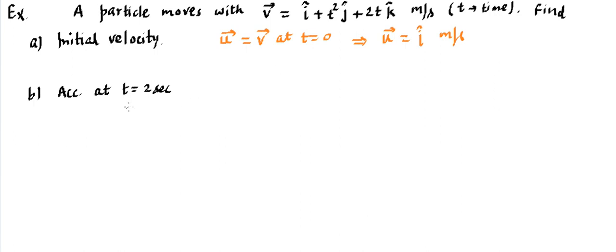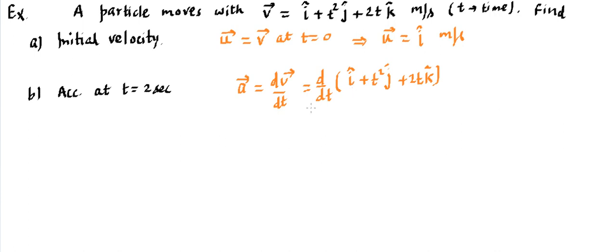So here we need to find acceleration. First we need to know how we can get acceleration out of velocity. We have formulas to do so. Acceleration is defined, as per the definition, simply as dv by dt. Now you know v, so it's going to be easy to handle. It's going to be d by dt of v, and v is i cap plus t squared j cap plus 2t k cap. And here we are going to use the rules of differentiation.